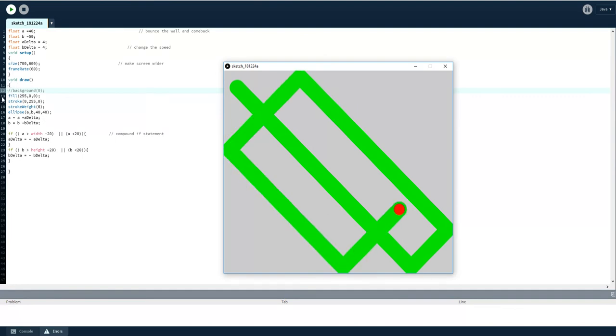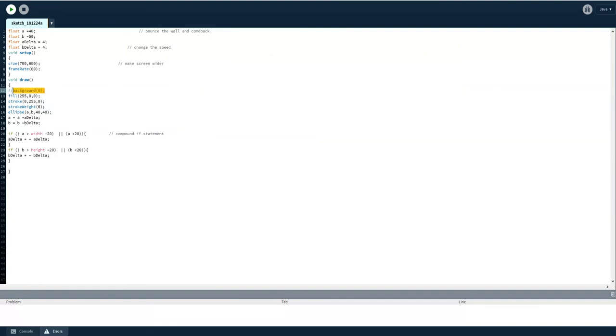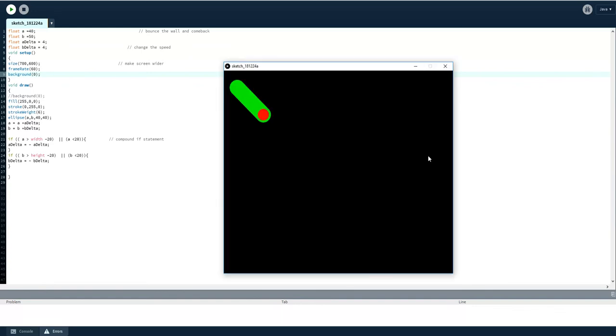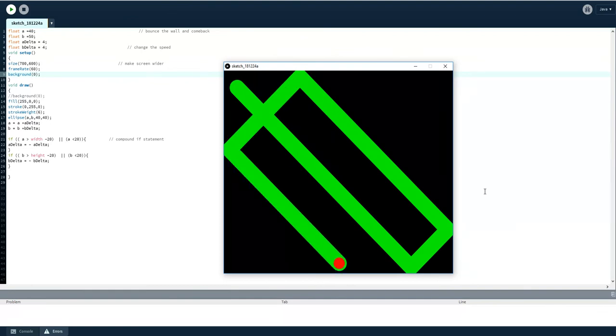Just put these two slashes, it is a comment. But if you want to see your background black, you have to write background 0 in the void setup area, which will run only one time. So your background will be black now, and you will see the pattern of the ball.